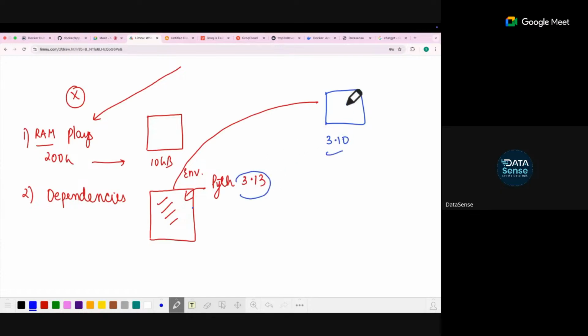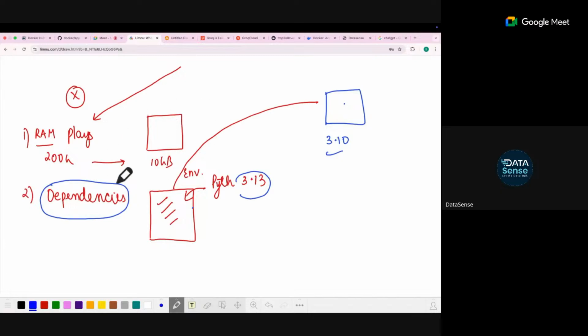Agreed? Even if he is using a virtual environment. So this is the difference. This is also a drawback, or a hurdle, when we have to take things into production.